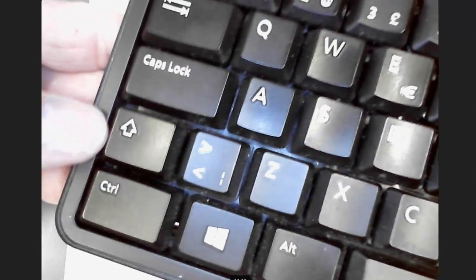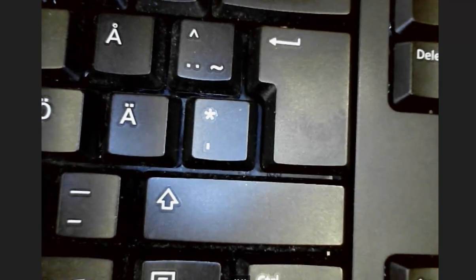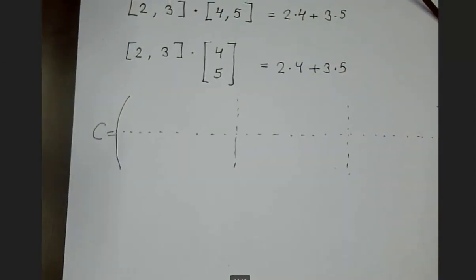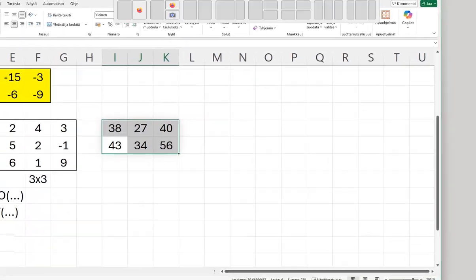In older versions of Excel, you did not press enter, but you press Shift button, Control button and Enter button. So 3 buttons combination, and that gave you the matrix multiplication